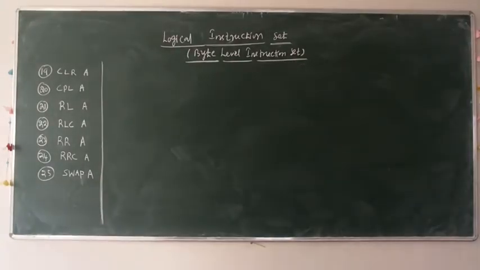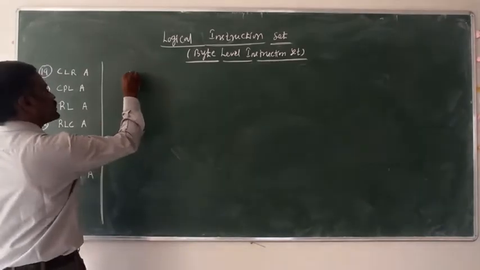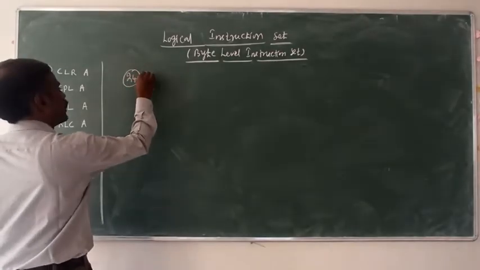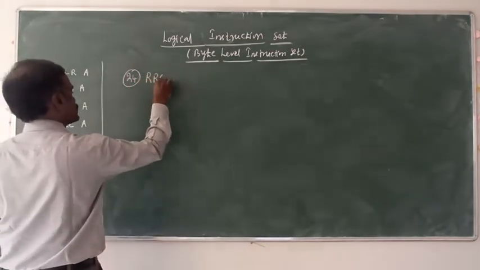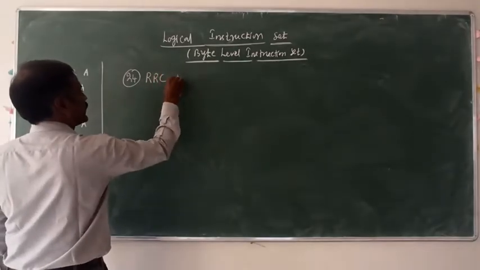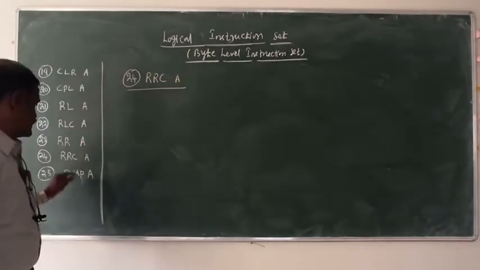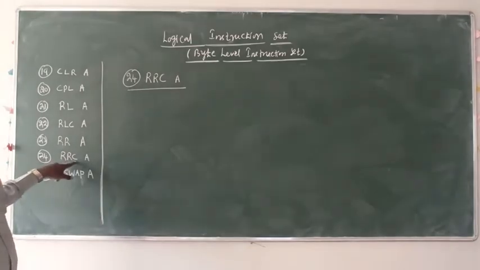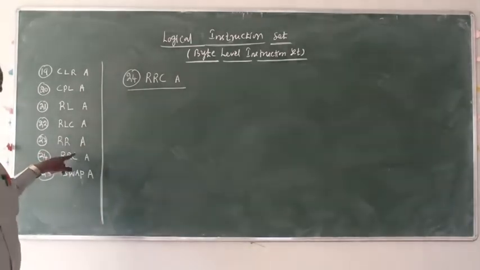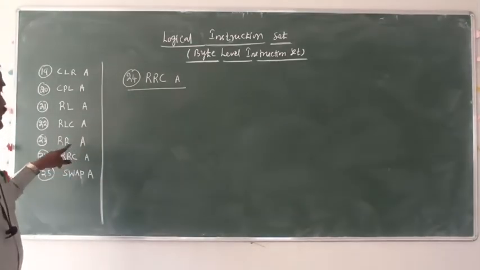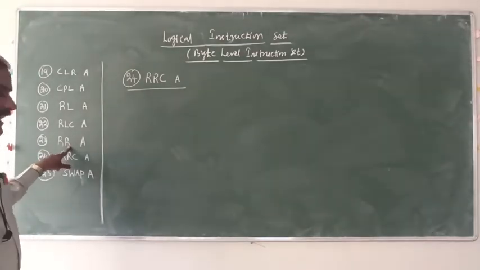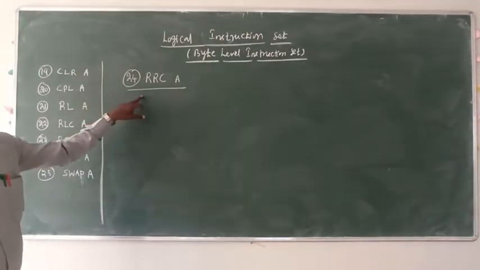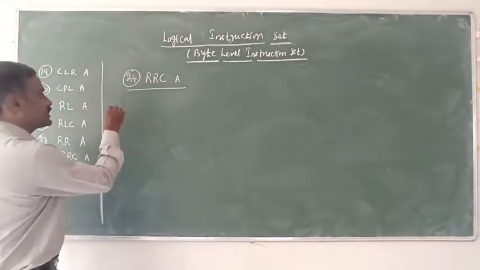Next, 24th instruction, RRCA. What is the difference between 23rd and 24th instruction? Both are rotate accumulator content right, the 23rd instruction without carry and the 24th instruction with carry. Okay,